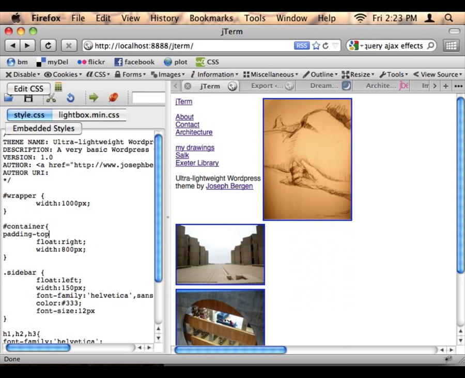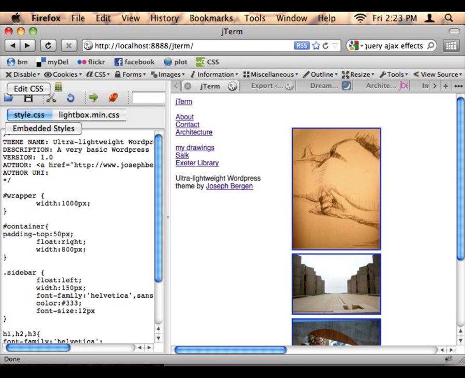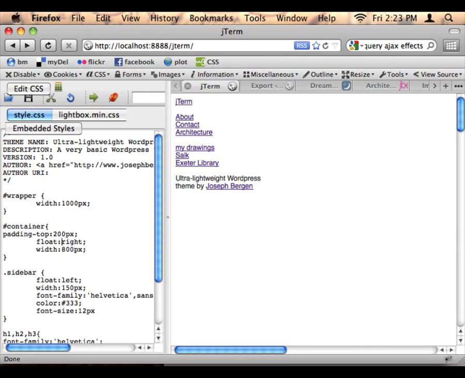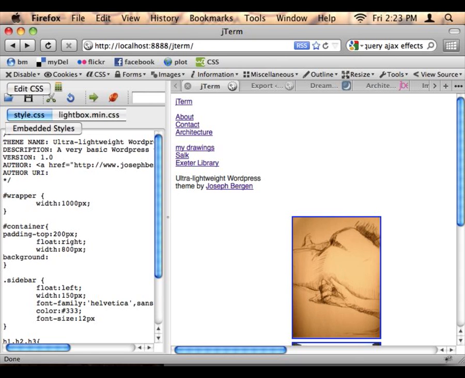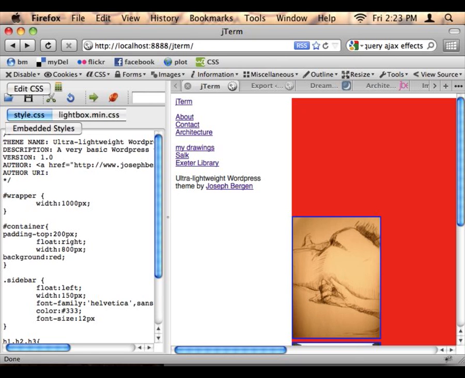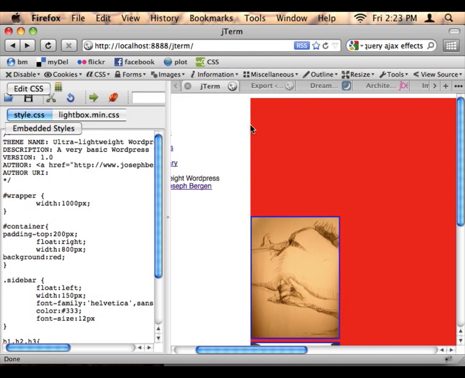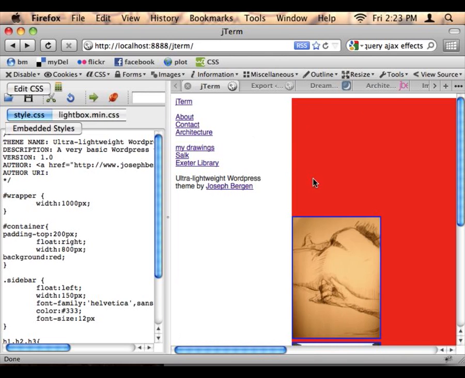padding top 50 pixels, or 200 pixels, and now let me change the background color just so it's easier to see. So you can see that the container div still takes up this entire section, but it's pushed the content